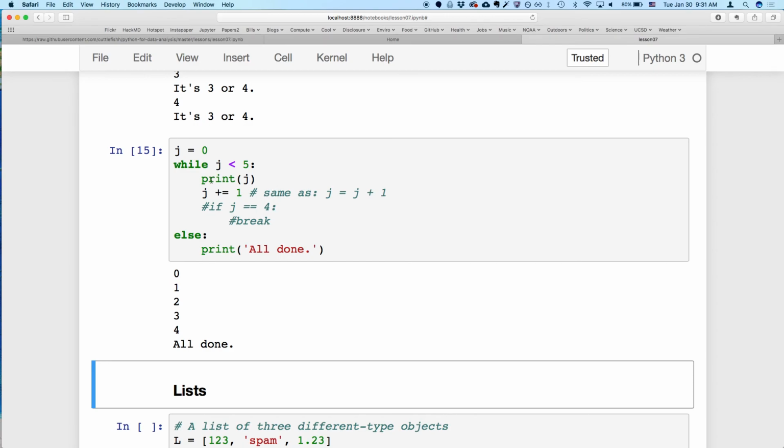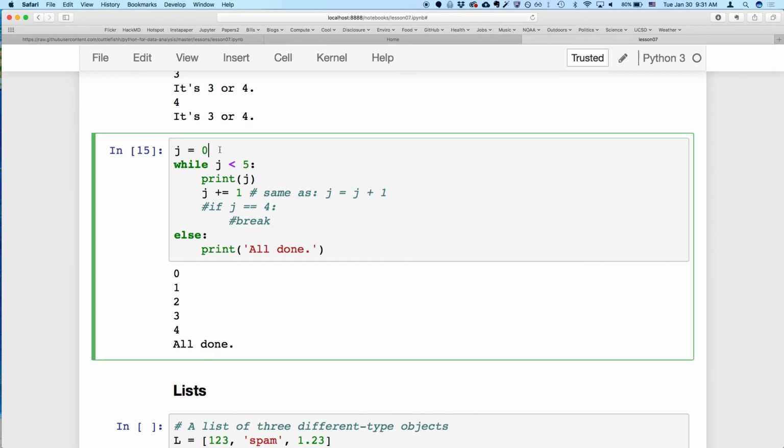Okay, so what we're doing here is we're saying j is set to 0. That's just the initial condition. And then while j is less than 5, it's first going to say, is j less than 5? So j is 0, so yes, it's less than 5. Okay, so it's going to print j. It's then going to add 1 to j, and then it's going to go back to the statement here. And now j is 1. So is 1 less than 5? Yes, so it's going to print 1, add 1, now it's 2. Is 2 less than 5? Yes, so it's going to print, add